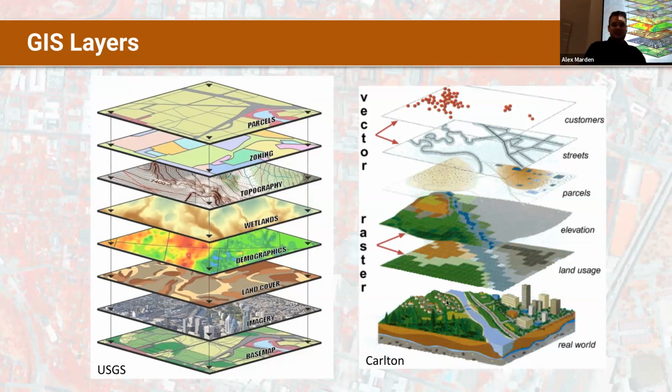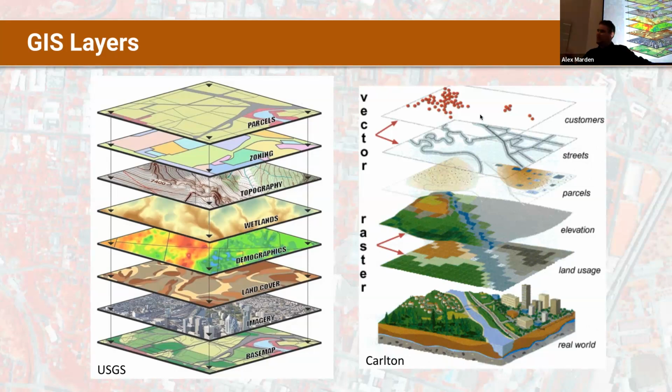So these examples here show a mixture of raster and vector layers and sort of what they would look like stacked on top of each other, because that's exactly what we do in GIS software. We work with different layers of spatial information, and we look at relationships between those layers and among those layers. So you can see here we have land use, which is a continuous layer. So raster data, elevation, raster data, parcels, polygon, vector data, streets, line vector data, and then customers, which are these